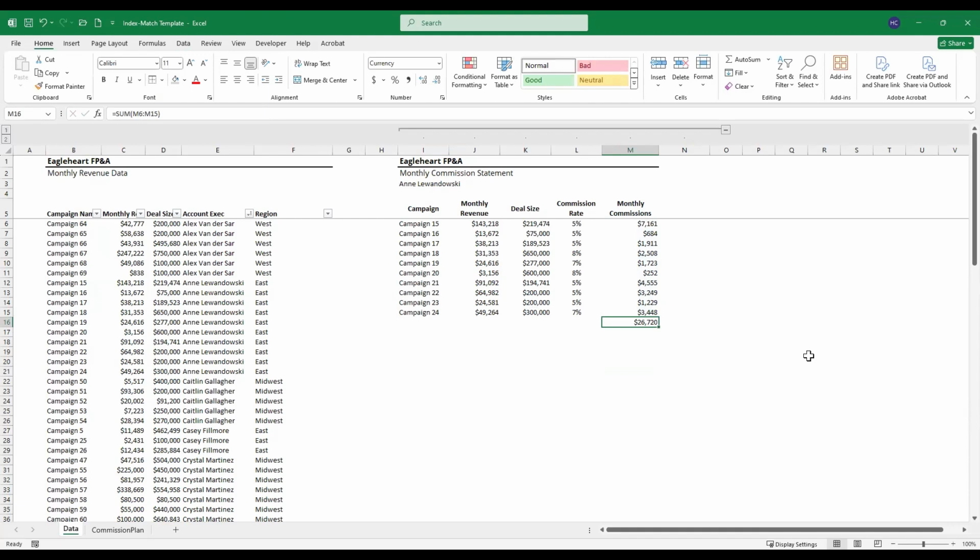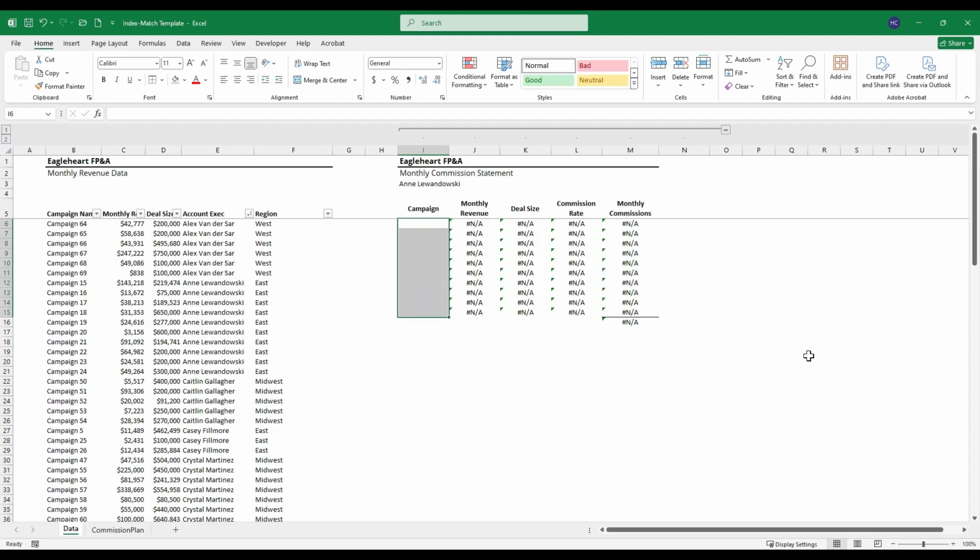Now, I'm going to show you a little trick. These campaign names we manually copied in, but let's say you wanted to automate this piece, which we can do, and I'm going to show you how. Go ahead and delete this for now. Now, the campaign name can be brought in based on the account executive's names, and we can do that by